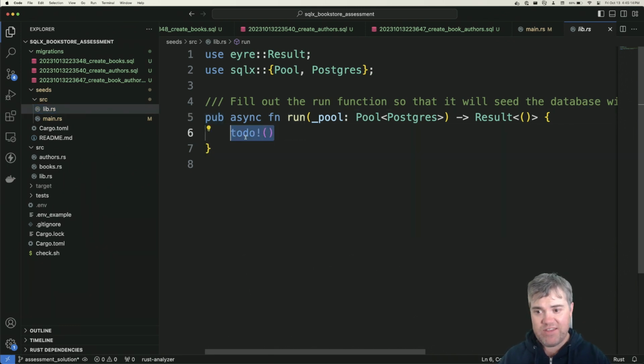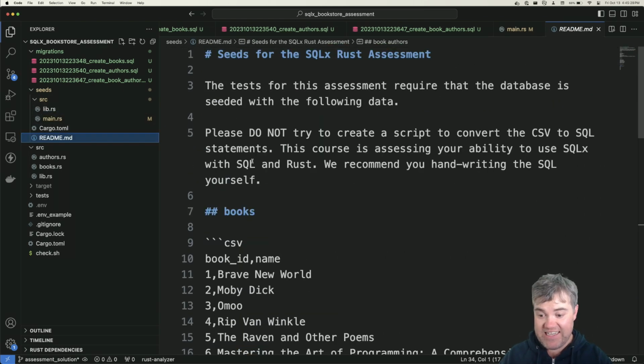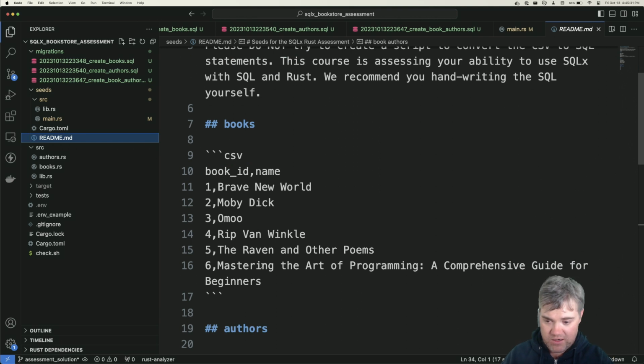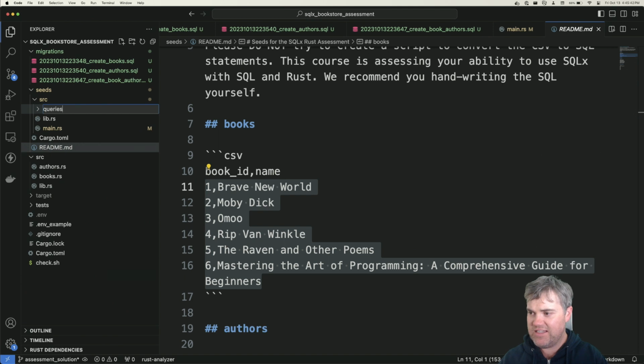So we have to set up, let's see, fill out the run function, so we'll seed the database. And we don't have any queries here, so we're gonna have to create those. Now in the README, we do have the seeding data. It's in CSV format here. So we want to create SQL files to then insert these in. All right, so let's go ahead and I'm just gonna create a folder named queries here,